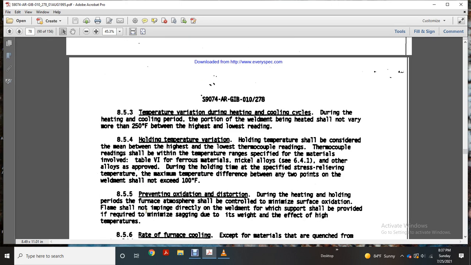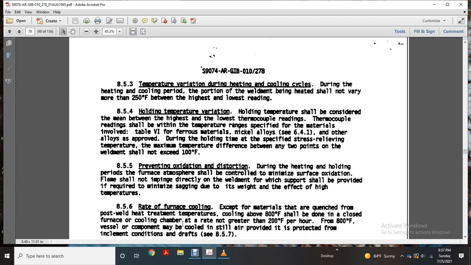Prevention of oxidation and distortion during the heating and the holding period, with the atmosphere controlled to minimize surface oxidation. Flame should not impinge directly on the weldment and support shall be provided if required to minimize sagging due to its weight with the effect of the high temperature rated with the furnace